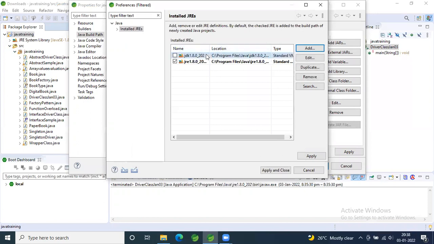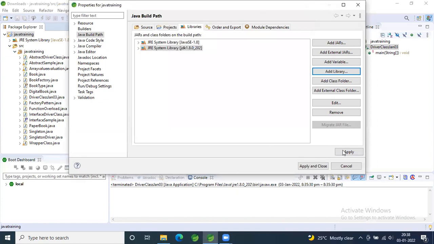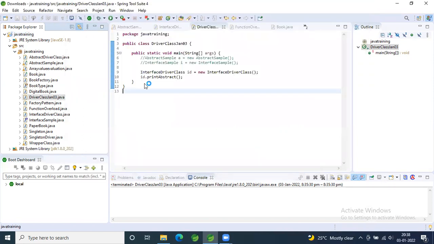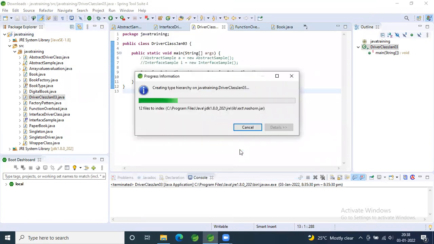Now select the one which you added and uncheck the below one. Apply and close. On the alternate JRE, scroll down the drop down and select the one which you gave. Finish. Apply. Apply and close.